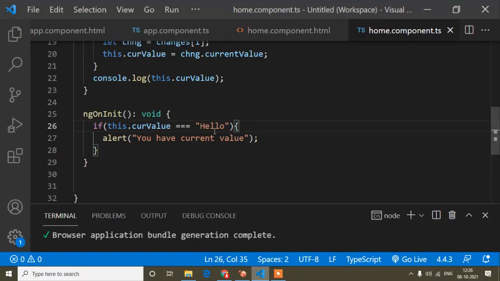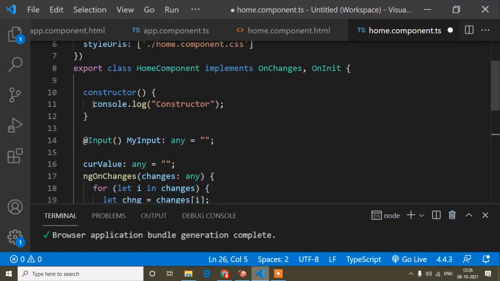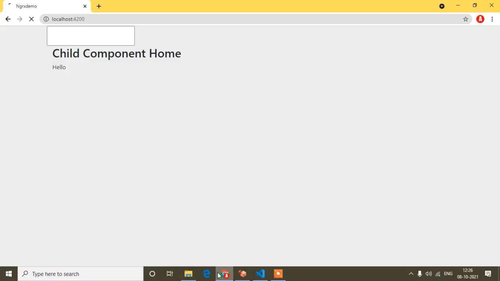But guys, if you try to write this same condition inside the constructor, will the user get an alert message or not? Then your doubt will be clear. You can see it's loaded, but the user is not getting the alert message. Why is it happening?